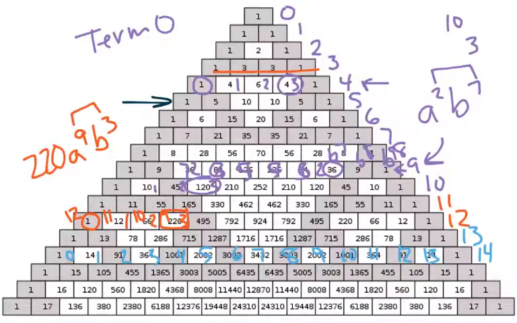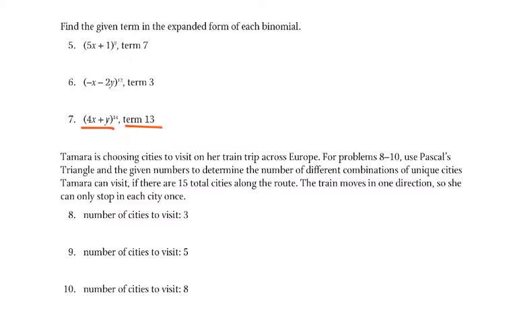Okay, so our number would be 14. That's our coefficient, 14. Then this would be B to the 14th. So you're going to have B to the 13th, which means A to the 1st. So 14, A to the 1st,